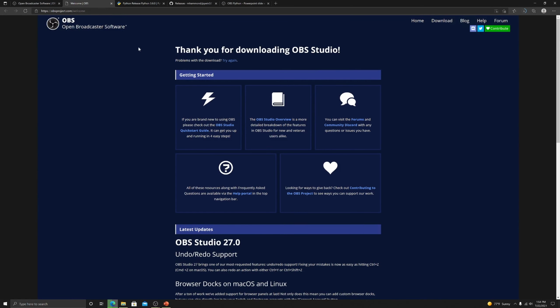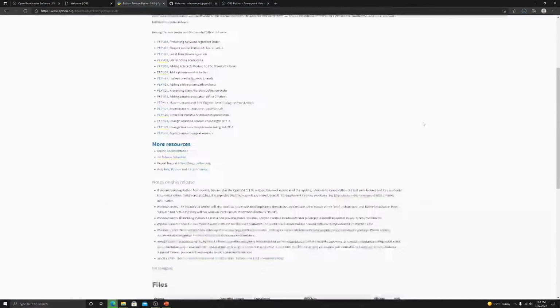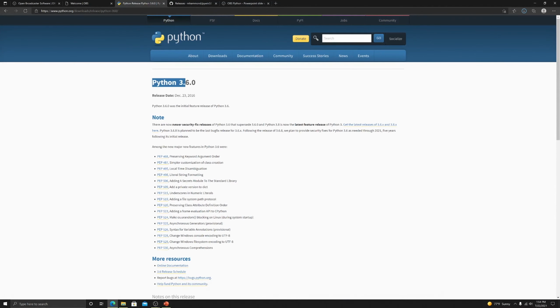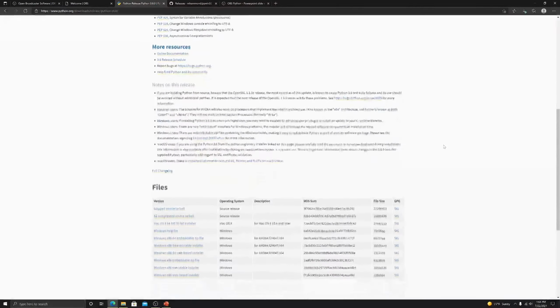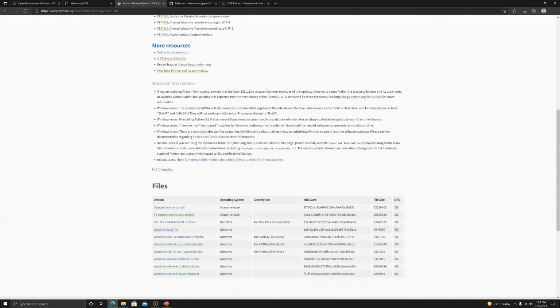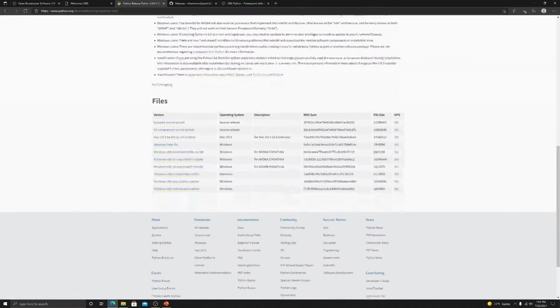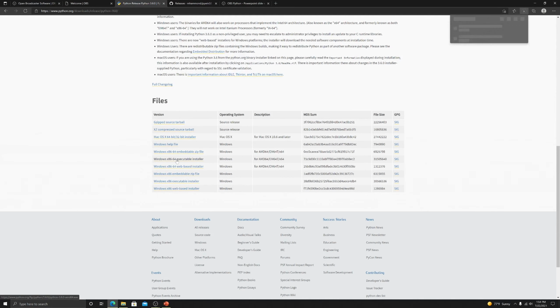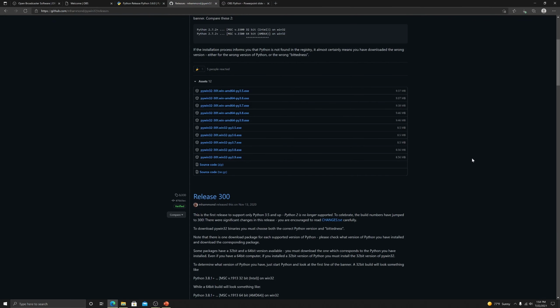And then next we actually need to download Python, and you need to make sure that the version of Python you get is Python 3.6. OBS will not work with any other version of Python. And so I'll put these links in the description, so that way they're really easy to find, but you'll just click on the executable that you need, download it. I'll just grab this executable installer here,